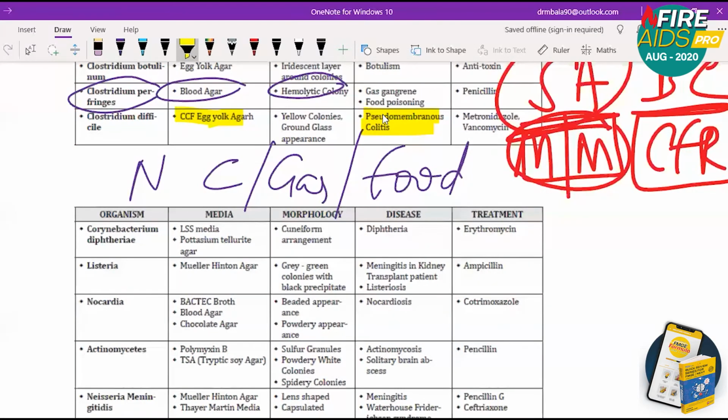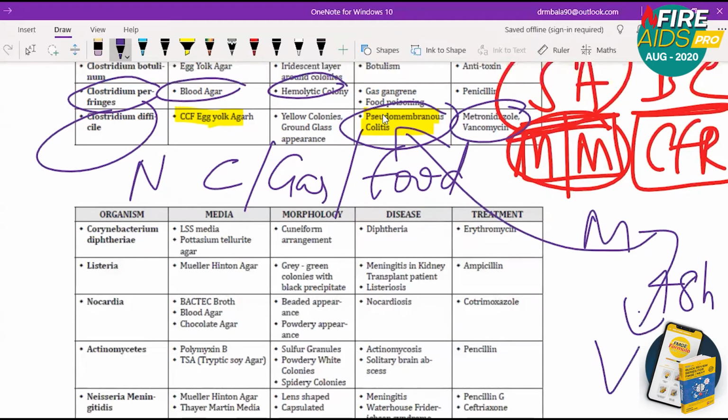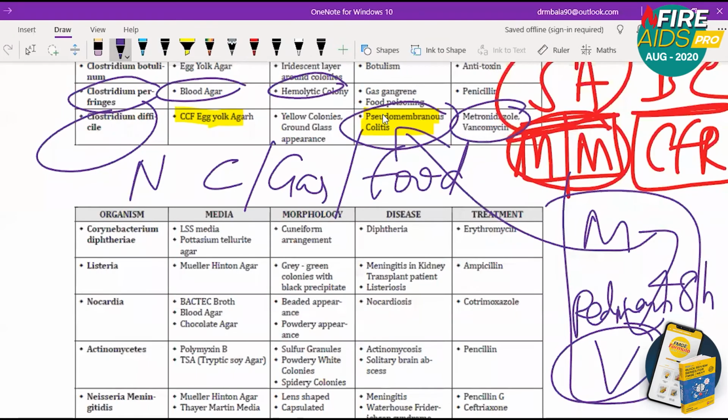Yesterday itself we saw that overuse of antibiotics will cause pseudomembranous colitis. This is because of Clostridium difficile infection. While we were reading pharma, we said metronidazole is the drug of choice for it. We will wait for 48 hours, that is 2 days. If that doesn't work, we will change it to vancomycin. The side effect of vancomycin we saw yesterday, that is Redman syndrome. So metronidazole is the drug of choice. That is the point you need to know.